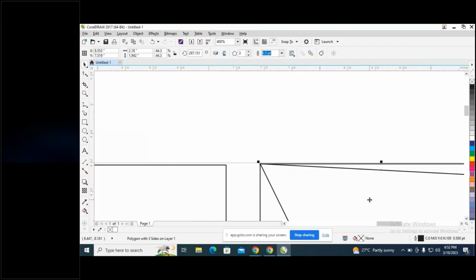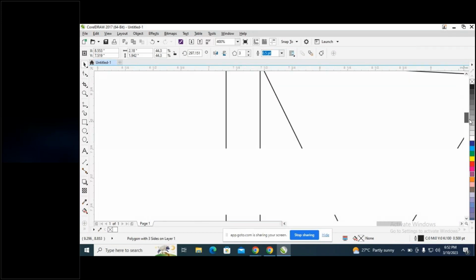Zoom it and arrange it properly like this. And after, what you need to do is,